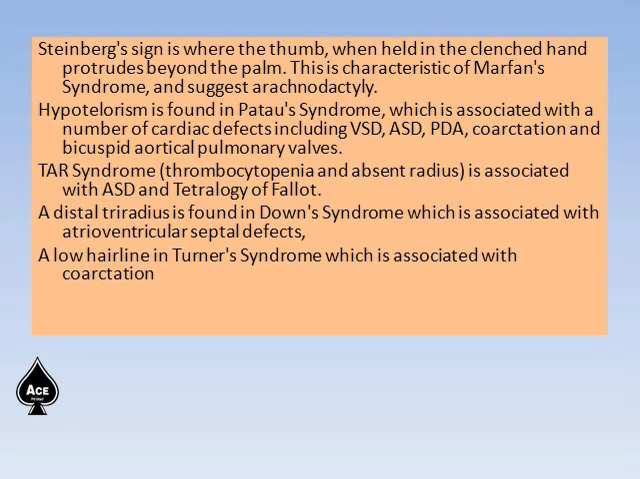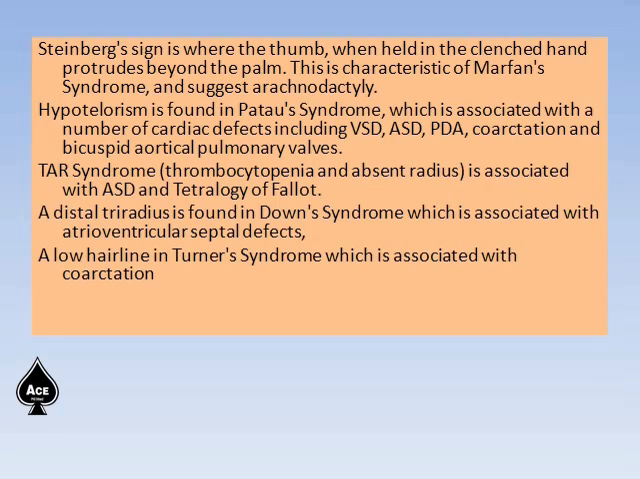TAR syndrome, what is TAR? TAR syndrome, thrombocytopenia and absent radius, is associated with ASD and Fallot tetralogy. Then a distal triradius is found in Down syndrome, which is associated with the atrioventricular septal defect. And a low hairline in Turner syndrome, which is associated with coarctation of aorta. Turner syndrome is characterized by XO, that is, there is only one X and the other X is missing. Female, short stature with left-sided congenital heart disease,